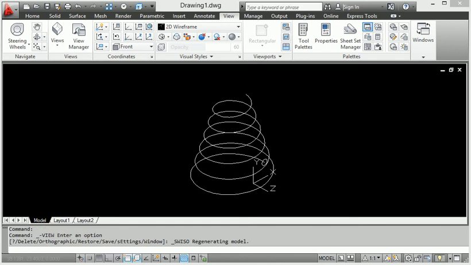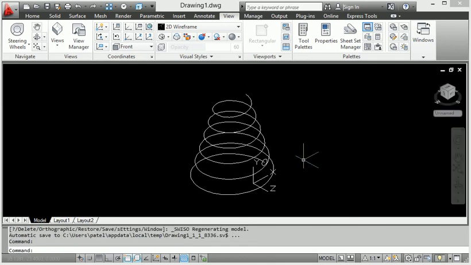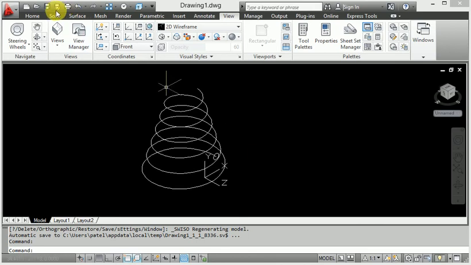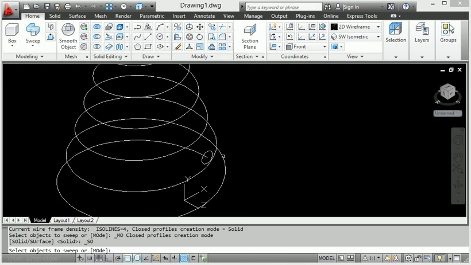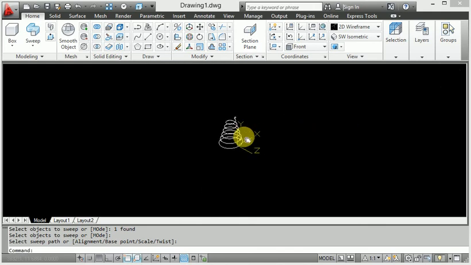Now let's see how to do this conical type of curve design. So let's go to the home page, and this is the sweep command. Enter the sweep command, then click this line and select the circle, then enter, then also select the line, and here you can see that.